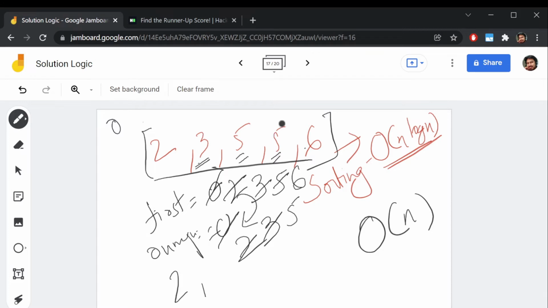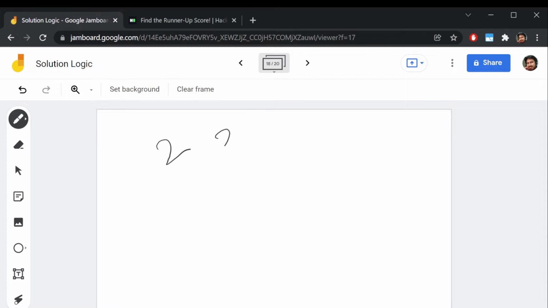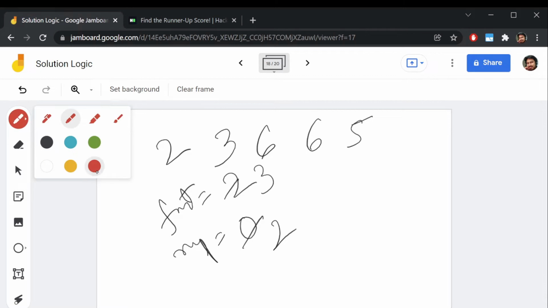So this is one use case, and if I think of another use case, for example, if I take 2 3, if I take 6 6 5, right? So initially the first and the runner up, these two variables, initially they will be 0. So initially it will be 2, it would be 0. You will update from 2, it gets updated to 3, and this gets updated to 2. And when you are scanning further, so you scan 2, you scan 3, and when you are scanning 6, 6 is greater than 3, so it